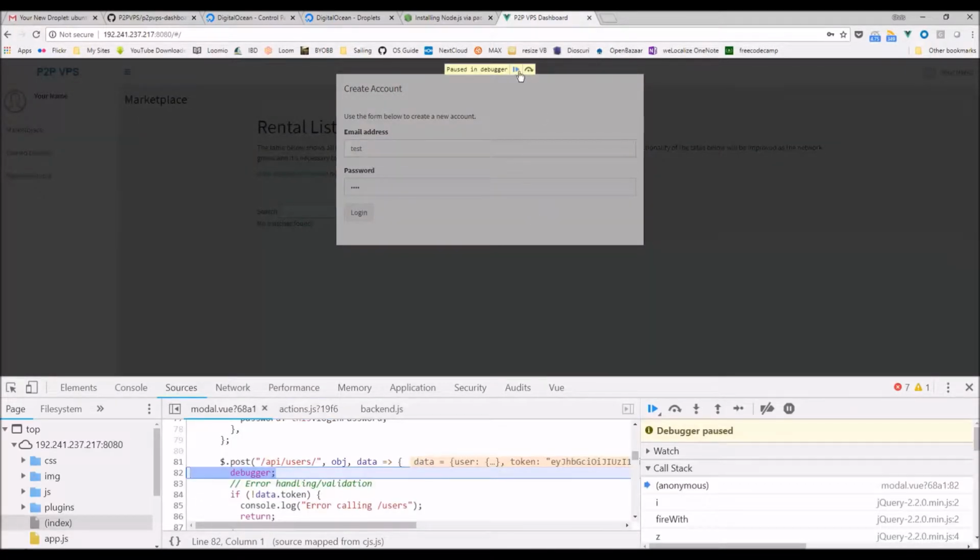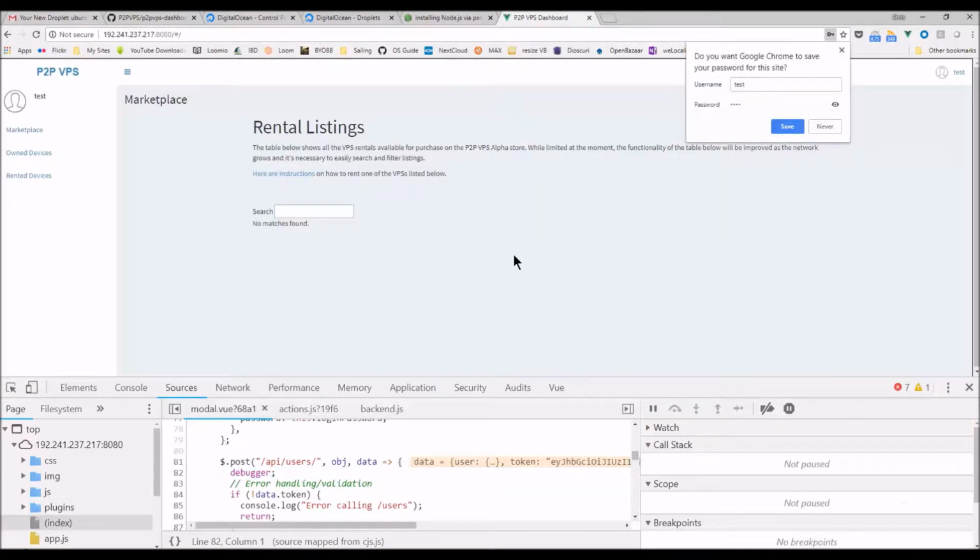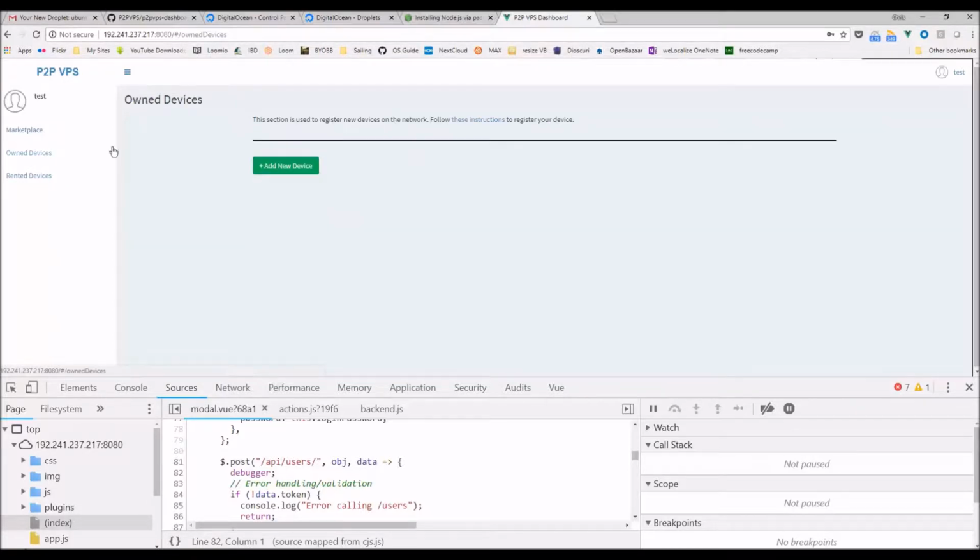Log in. And you can see I've got, because I have this open, it paused, and I can debug and step through the code. It logged me in as user test. This is a new installation, so there's no marketplace here. There's no devices subscribed. So I can go here and I can add a new device,